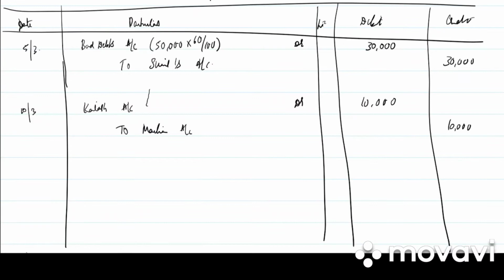Then on 12th March we have proprietor withdrew for personal use cash and goods 4,000. So whatever is withdrawn in cash will not be recorded in journal proper, as it will be recorded in cash book, but goods will be recorded in journal proper. So 12th March, it is drawings account debited to purchases account. 4,000 debit, 4,000 credit. Write down the narration. Goods withdrawn for personal use.